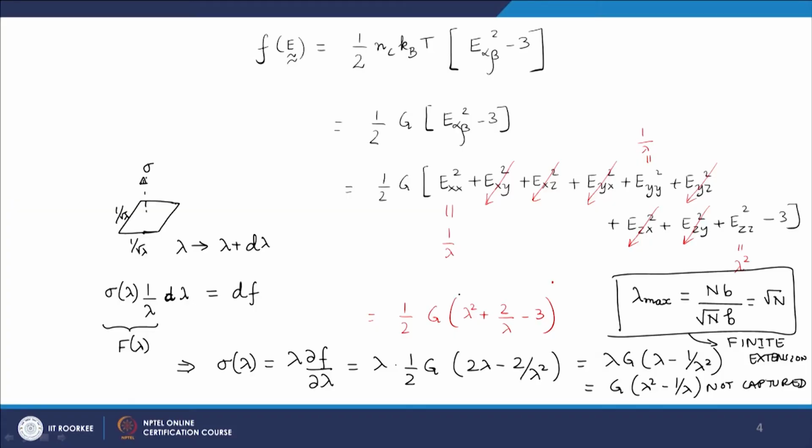So, with this kind of a framework, if I now want to find the Young's modulus, in the earlier case when we were doing the shear strain, when we were applying a shear, we looked at the shear modulus. Now we are stretching the material like this. So, we are applying a strain normal to the plane as opposed to tangential to a plane. So, now we can define what is known as the Young's modulus. So, if I write for example lambda as 1 plus epsilon, epsilon being my strain, then from what we have derived,